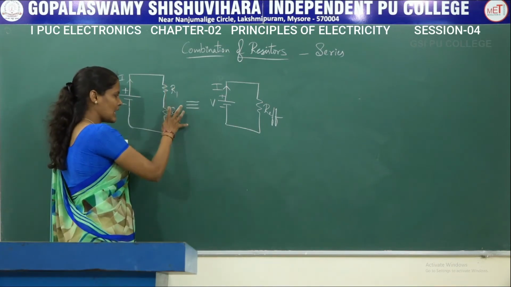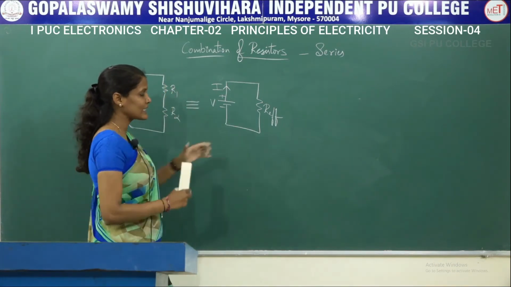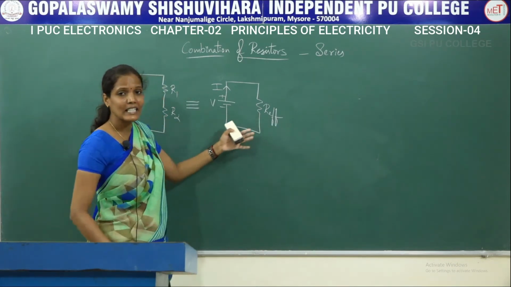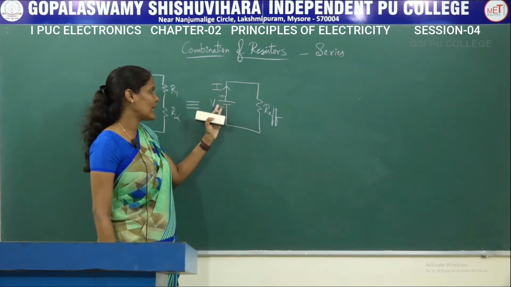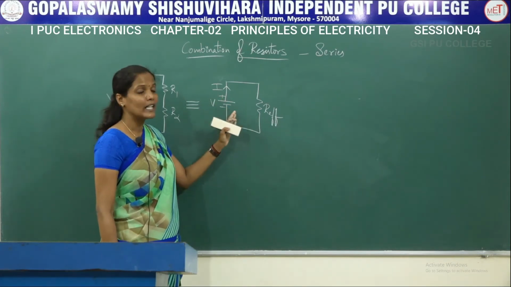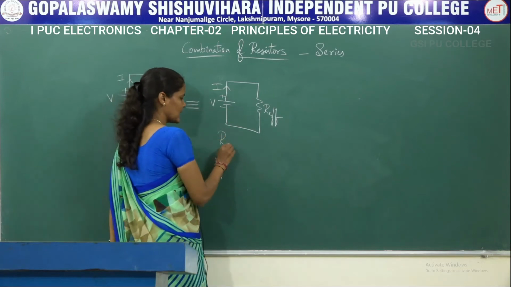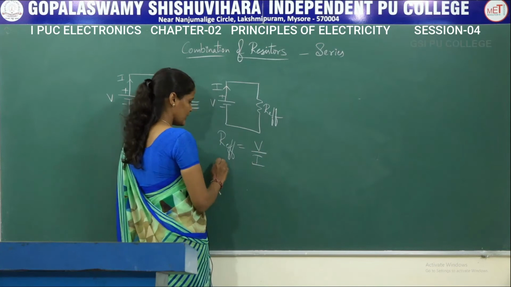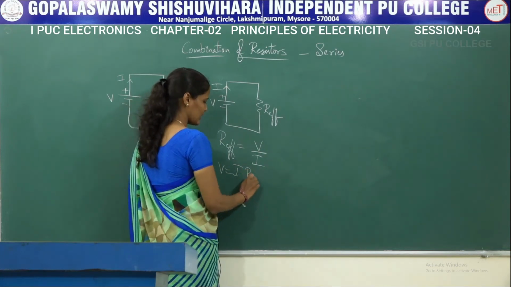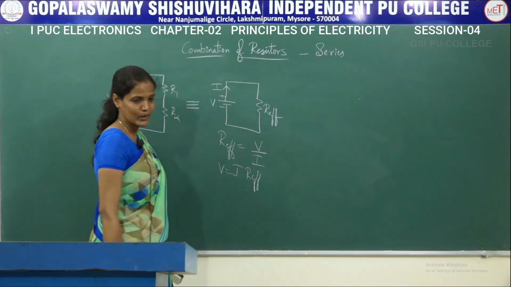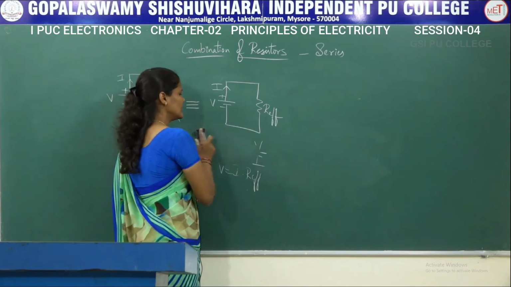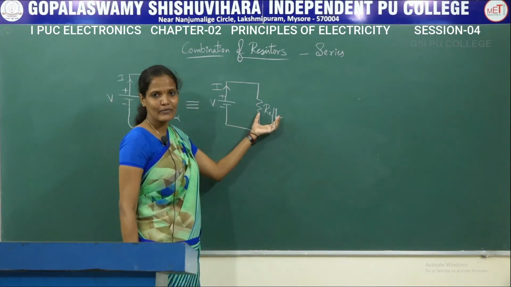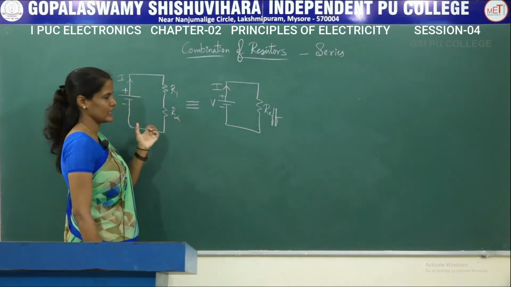So in place of R1 and R2, I am going to write a single resistor whose value is equal to R effective. Only then can I easily calculate the R effective value, I value or V value with the help of Ohm's law. That is, according to Ohm's law, R effective is equal to V divided by I, or V is equal to I into R effective. We can calculate this way. Now let us understand how to get this R effective in place of these 2 resistors.